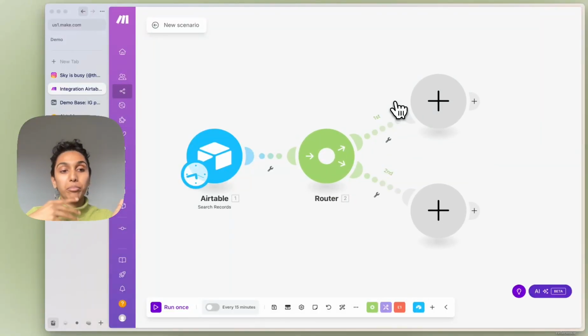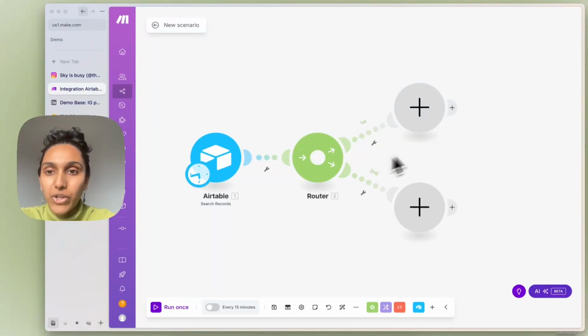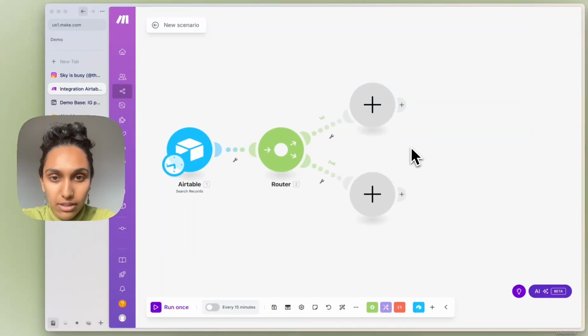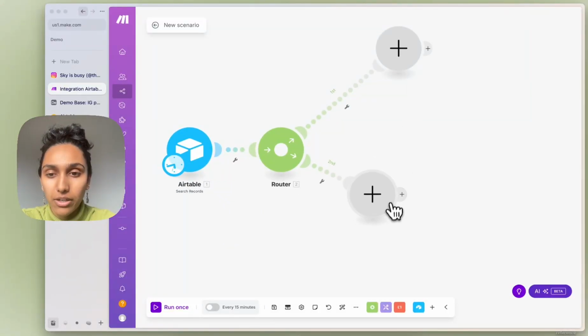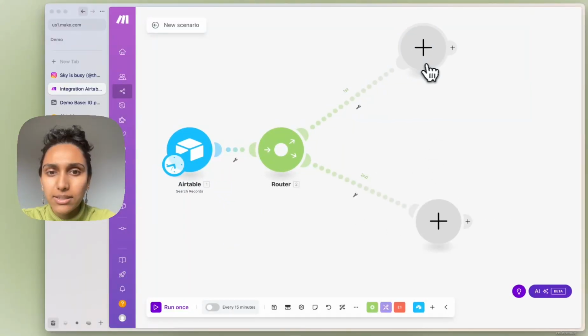Because we know we have multiple routes we need to take, but since it's taking it from the same database, we don't need to create individual ones, and we can just make it from the same thing. Okay, so by default it makes 2. We can add a 3rd one as well, but let's start with a very simple